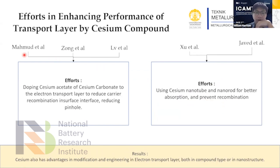And for the last one, there are efforts at doping cesium into the transport layer. So apart from the perovskite structure itself, some researchers have made efforts to modify the transport layer using cesium compounds. The efforts here are divided into two different groups. The first group of researchers doped cesium acetate and cesium carbonate into the ETL, the electron transport layer, which we know could be zinc oxide or titanium oxide, and it has the implication to reduce